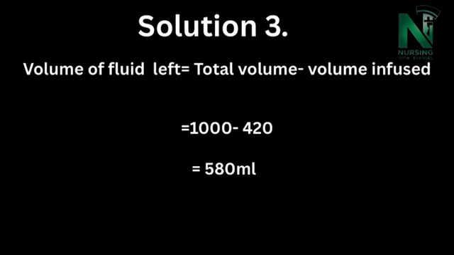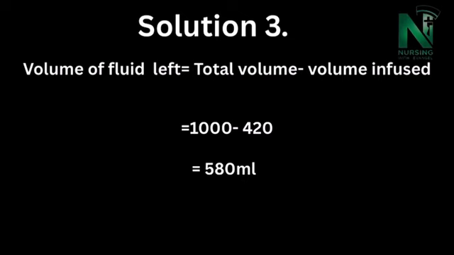Now the question says, how much fluid is left? So we are going to determine how much fluid is left in the IV bag to get to our final answer. To do this, we are going to subtract the volume of fluid already infused from the total volume. They said that the total volume of fluid is 1000 mL, and having administered 420 mL already before the infusion stopped, you can derive how much fluid is left in the bag. So we are going to subtract 420 mL from 1000 mL. You can do this on your calculator. You will get